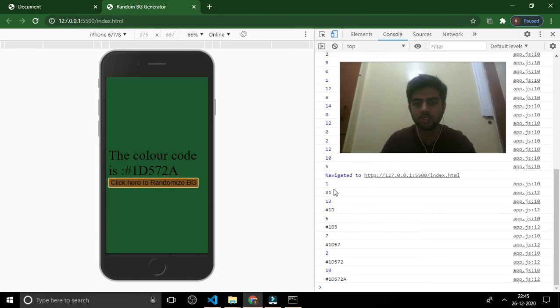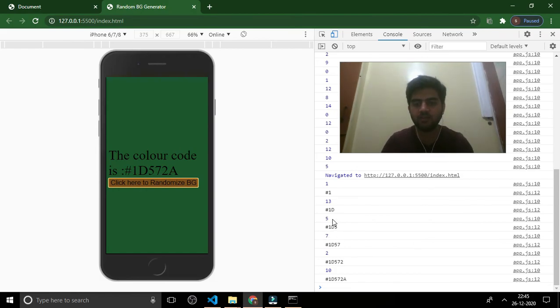You can see 1 is generated, and it is concatenated with the hashtag. 13 is generated. The equivalent value of 13 in the array is the alphabet D. So D is concatenated with hashtag 1.